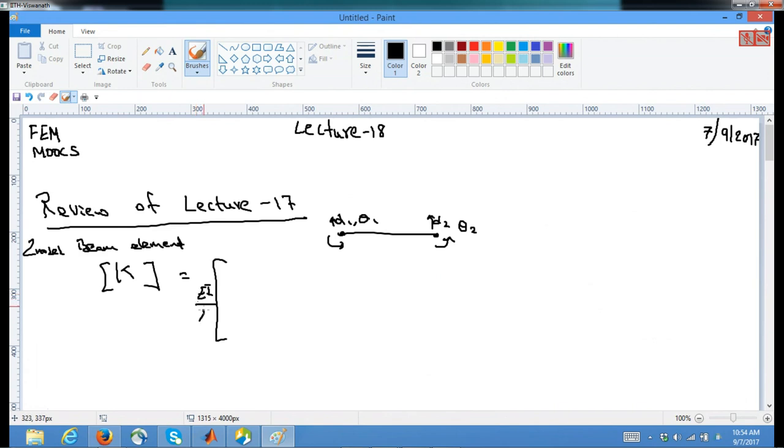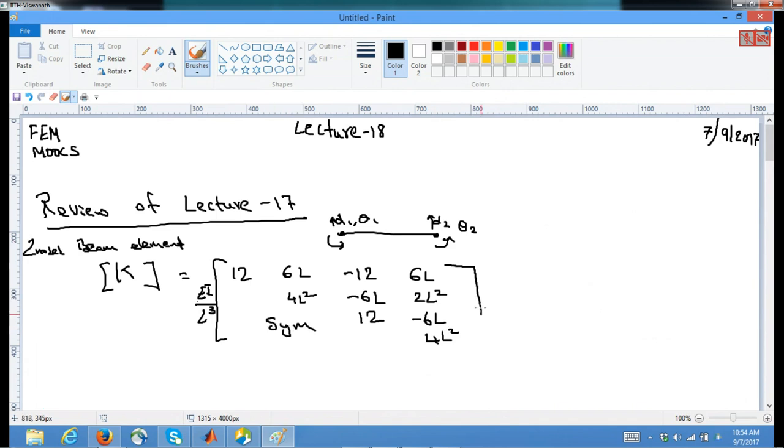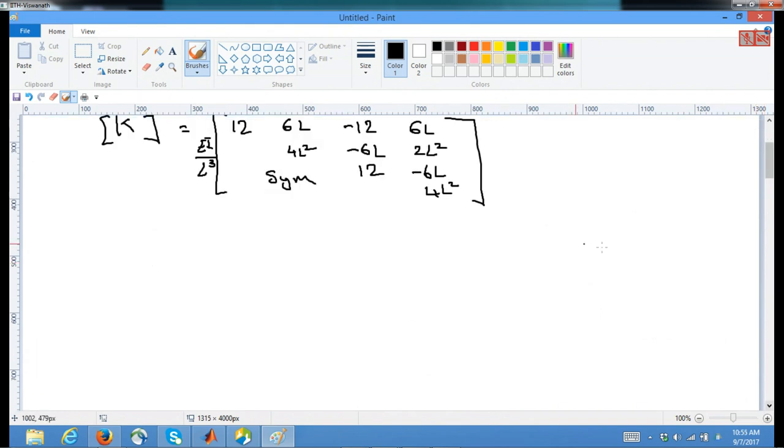EI by L cube times the matrix: 12, 6L, minus 12, 6L; 4L square, minus 6L, 2L square; 12, minus 6L; 4L square, the symmetric part of it. This is what we have used, and using this, this is a stiffness matrix, and